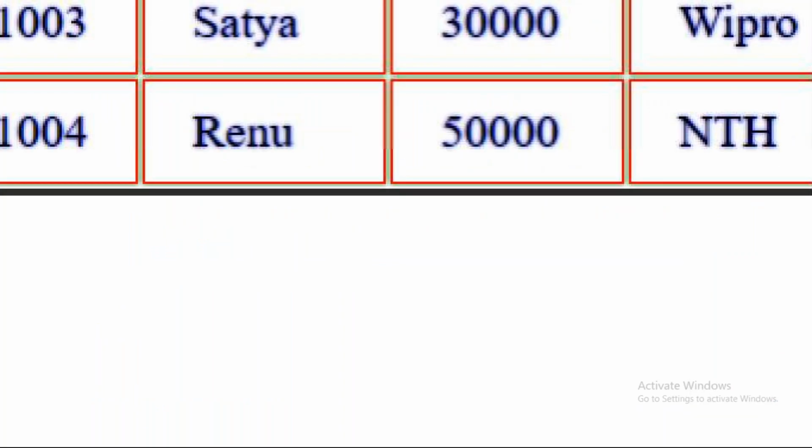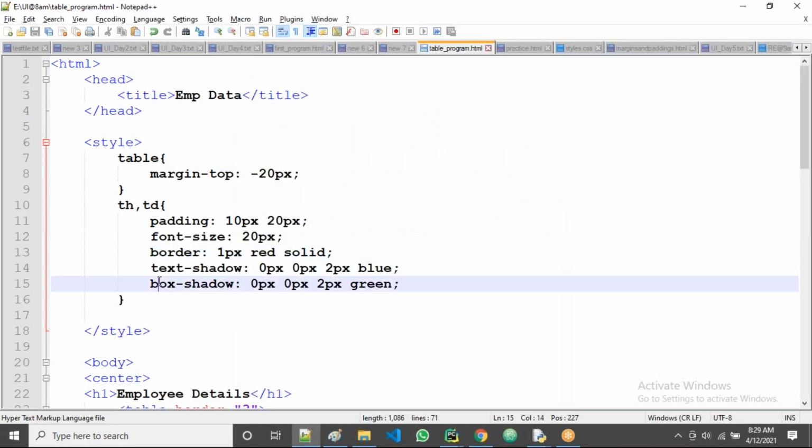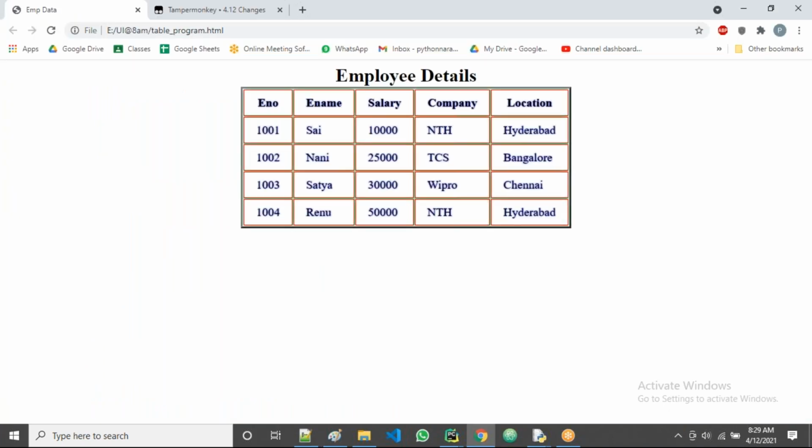Now if you observe, guys, here it applied for each TH tag and TD, guys. You can see, right? It applied for these things only, because I applied the style where the box should apply for the TH TD, not for the table. I'll take, suppose, guys, 4 pixels, so you understand, it will be more visible.